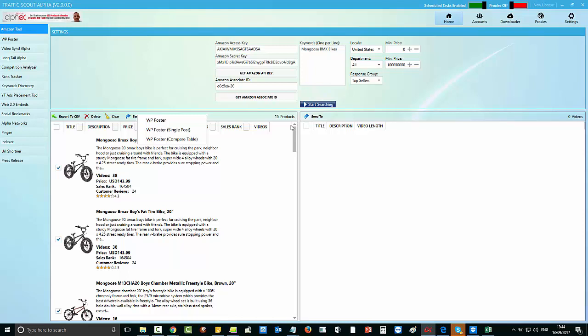Is it something that's going to create a high bounce rate? All these things matter, okay. Google's looking for that kind of thing. Things like bounce rate is really important today for SEO. So what we want to do for this kind of post with 15 products, we're going to make a comparison